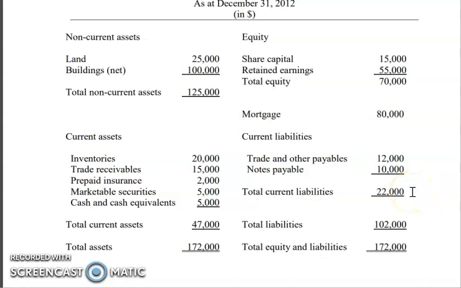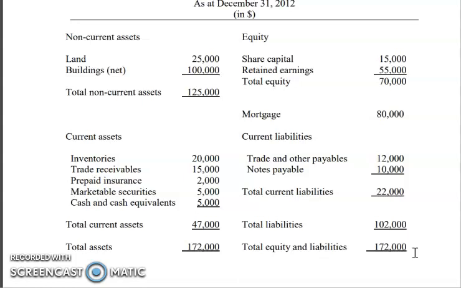Add that to our non-current liability, our mortgage of 80,000. That gives us total liabilities of 102,000. And then for our total equity and liabilities, we take our equity of 70 added to our liabilities of 102, gives an ending balance on that side of the balance sheet of